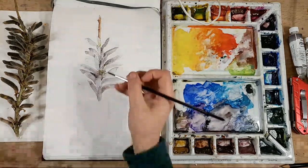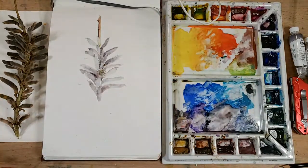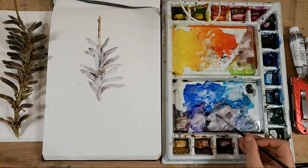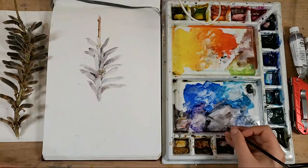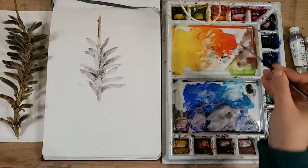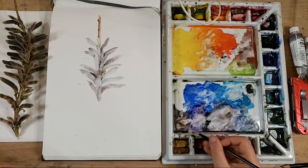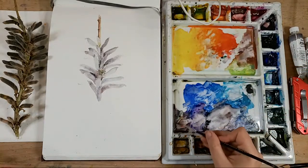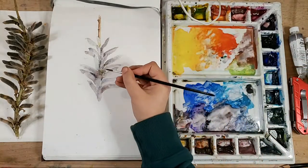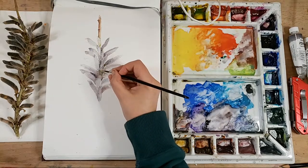I'm just trying to figure out how to work this texture. So this is going to be a multimedia thing where I think the final way I'm going to tie it together is going to be using graphite. So I'm trying to add some color, some variation, and then I'll work in some graphite, and hopefully that'll give it some